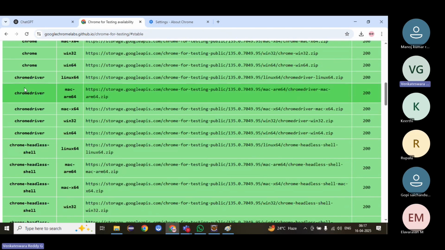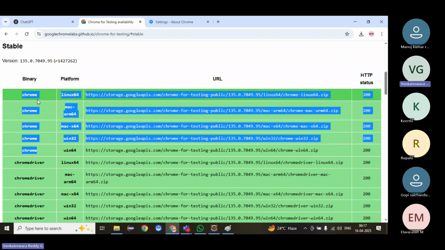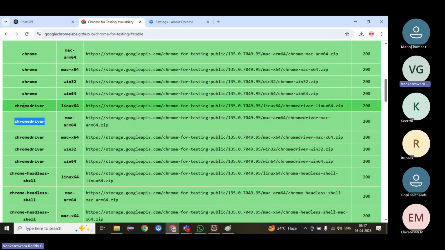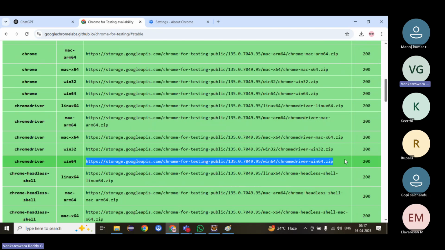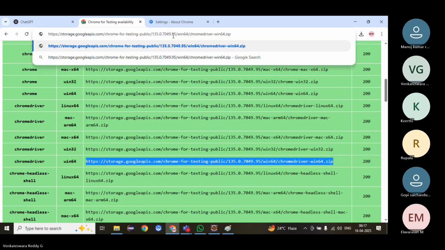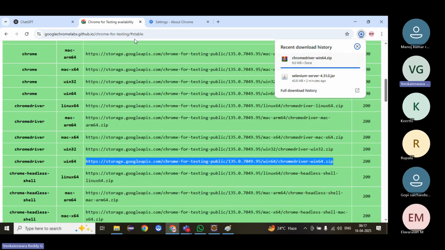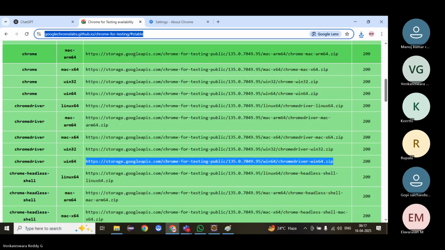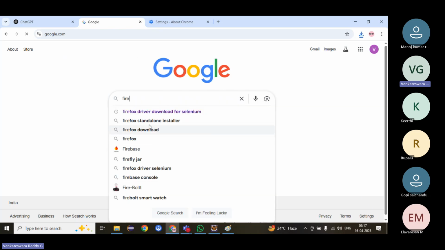Here we have to download Chrome driver, not the browser. This is the browser. We have to go with Chrome driver, whichever OS you are using, suppose Windows 64. Just copy this, then paste it in the browser, and it will automatically download the Chrome driver. Similarly, we can download